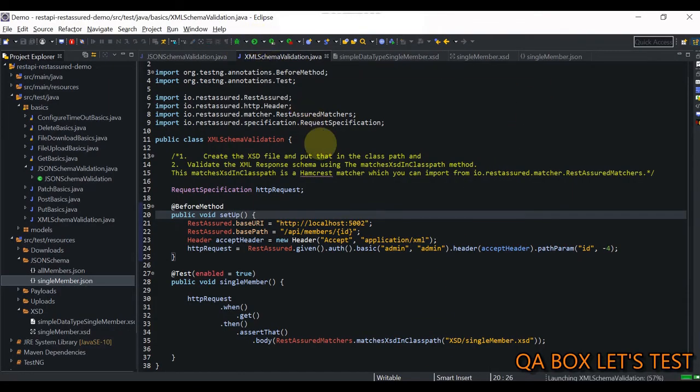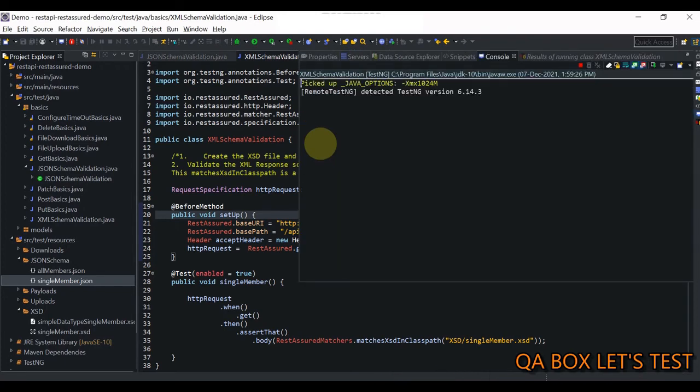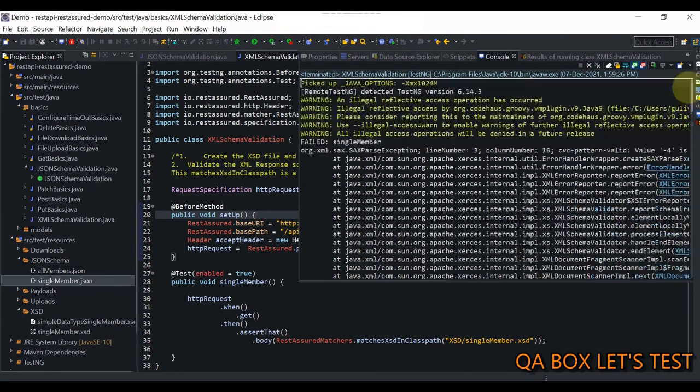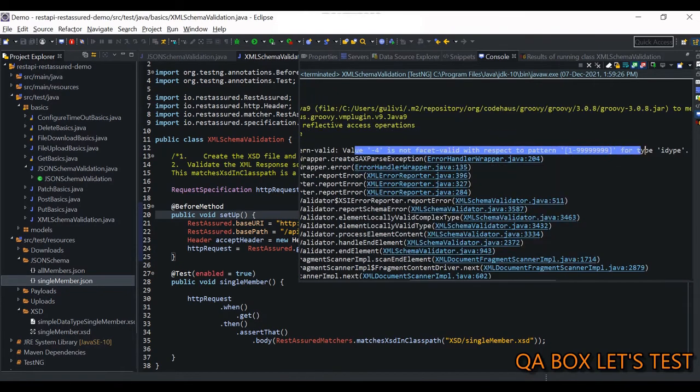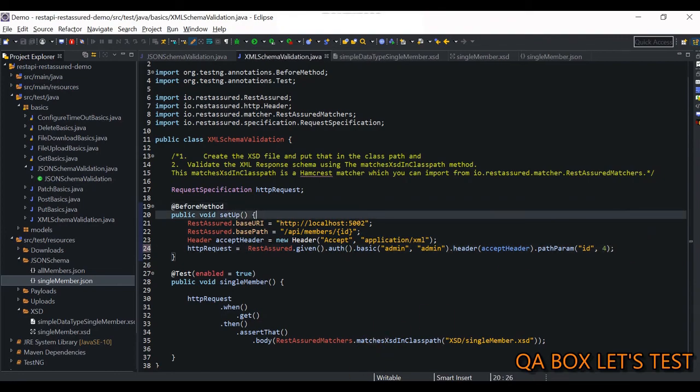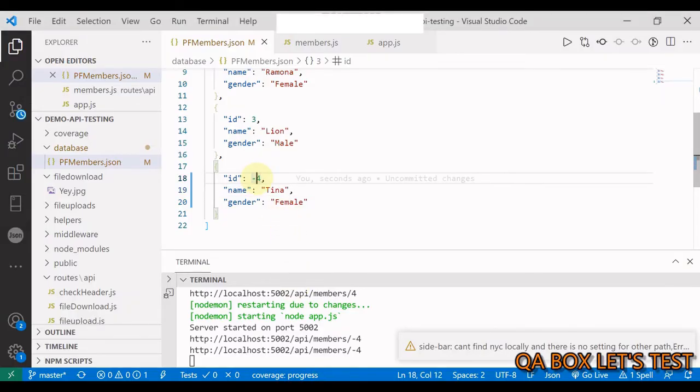This would definitely fail, because in the response it will see the ID which contains the value -4, which is less than 1. You could clearly see in here that -4 does not fall into this range, so it has failed. Great, let us revert to 4 and let's talk about the name. What is the validation we have in place? The minimum length has to be 4. So I'm just going to change it to T.